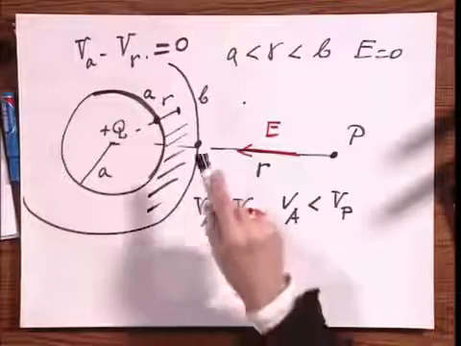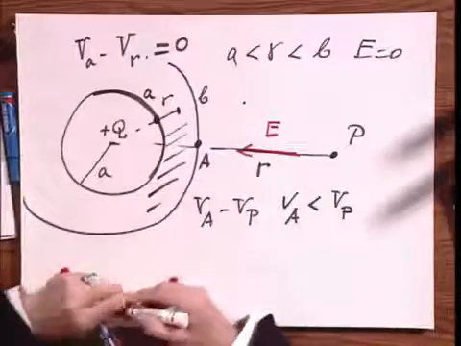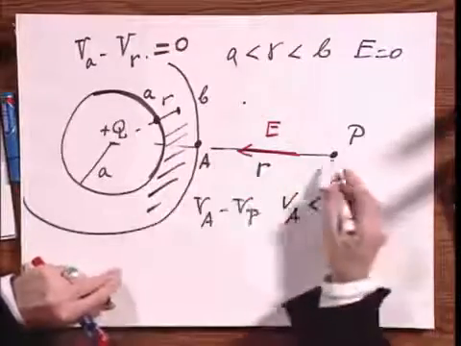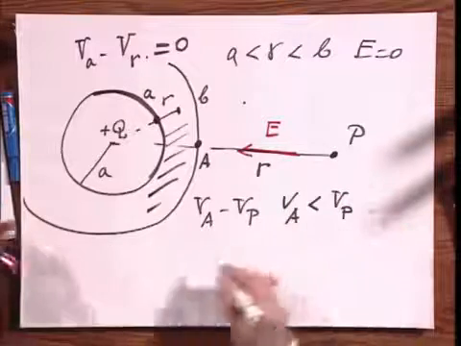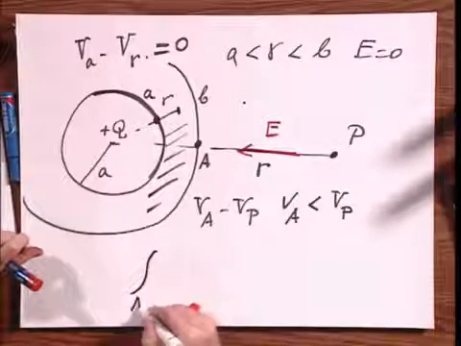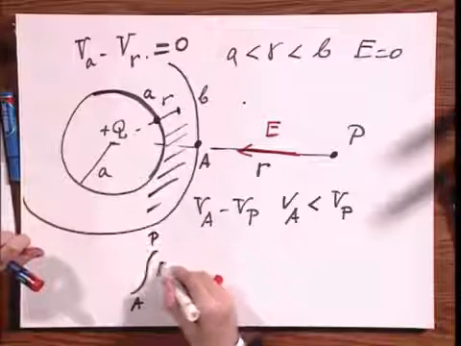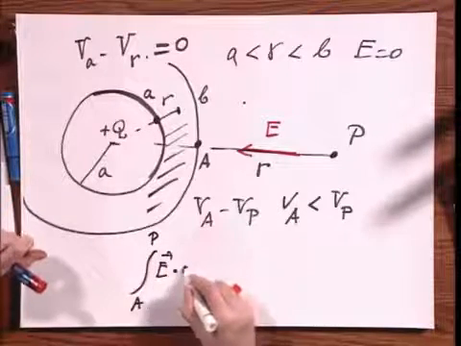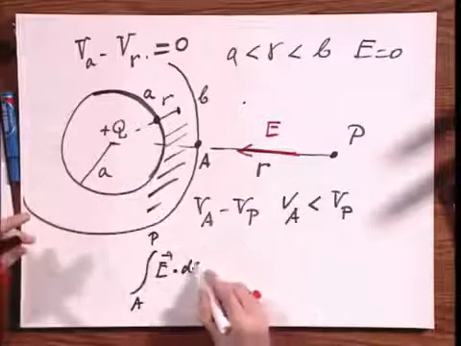What is the difference between here and here? Well, there is a neat way to do it, and there is some kind of a dirty way to do it. The dirty way would be to say, okay, I take the integral from A to P of E dot dl, I will call dl in this case dr,